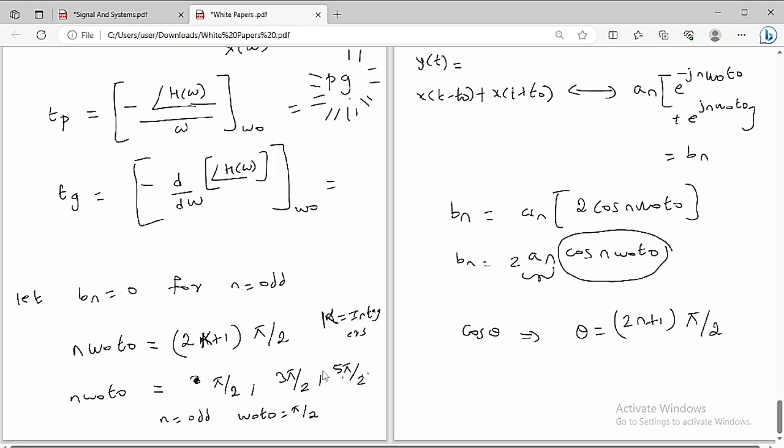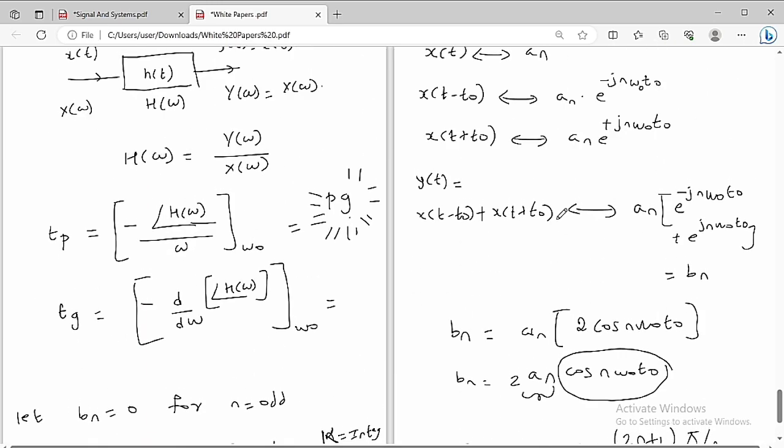So omega naught, 2 pi by 3 plus p naught is equal to pi by 3. If we simplify, what are we going to get? P naught is equal to 3 by 4. So this is that P naught value, it should be equal to 3 by 4. And then we can say for odd values of n, this phase coefficient is equal